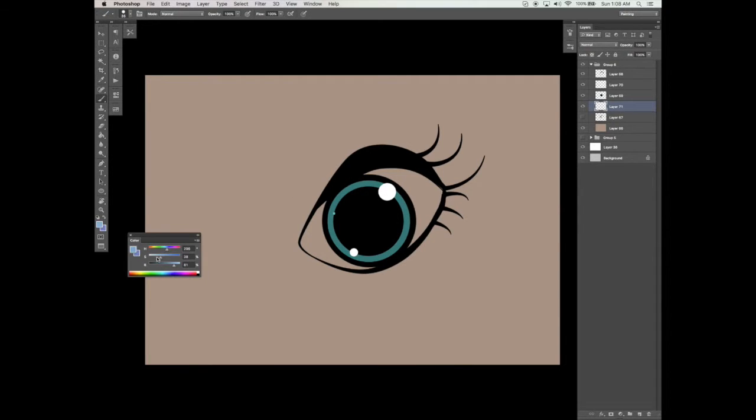Now I'm going to paint in the back part of the eye. We're going to do this on a different layer, which I'm going to move below my pupil. Now I've just basically selected a light blue, and I'm using my brush at full opacity to color it in. And I know in the previous tutorial I had said that, you know, it's got to be like the